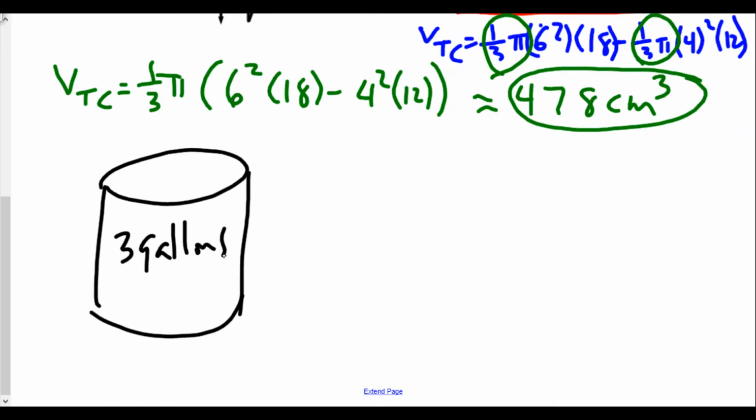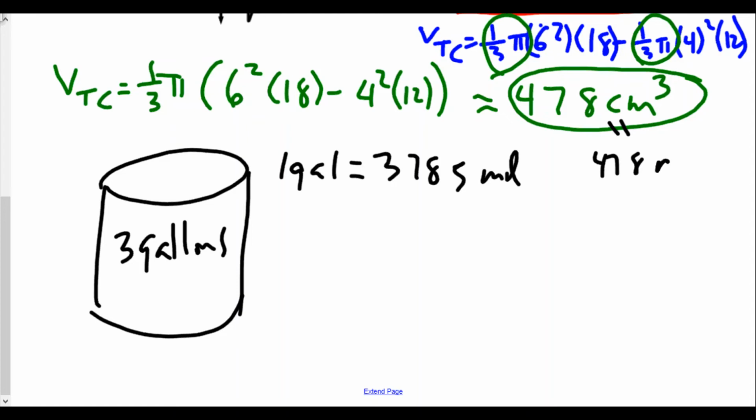All right, so how many is now 3 gallons? We've got to figure out how many cubic centimeters, or in this case, how many milliliters. So we know that 1 gallon is equal to 3,785 milliliters, so we convert this 478 to 478 milliliters. And so 1 gallon is equal to this. Therefore, 3 gallons